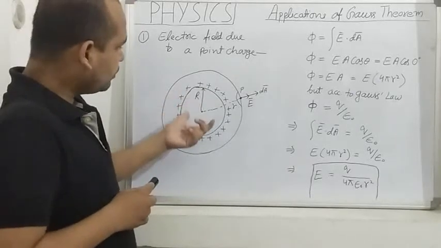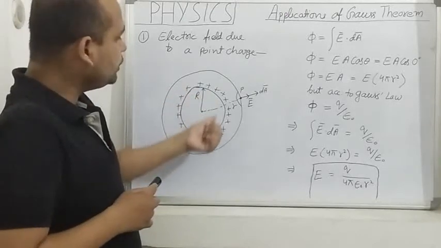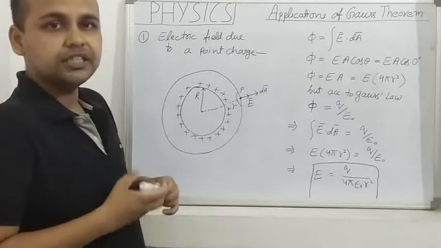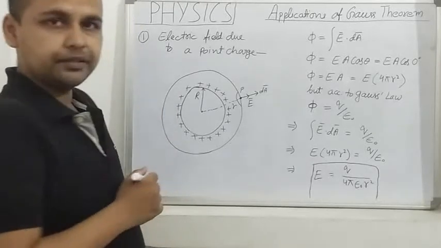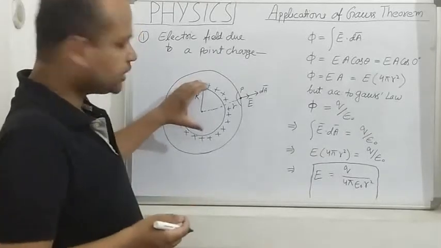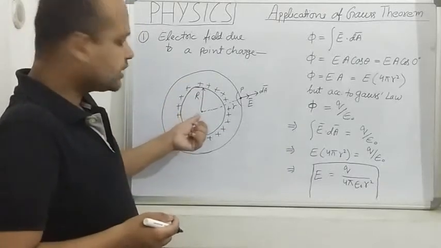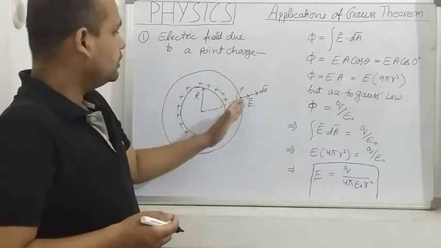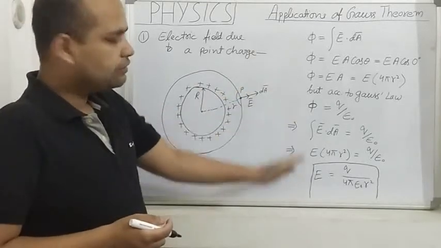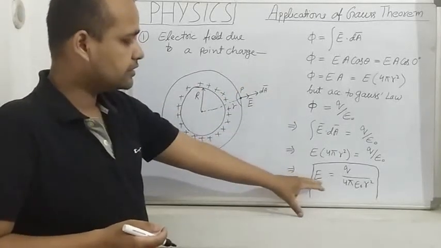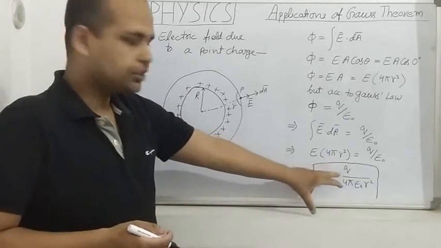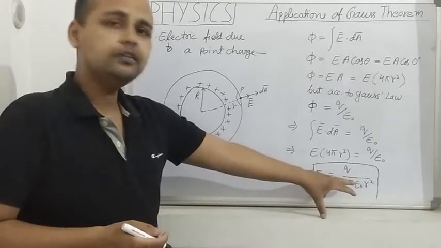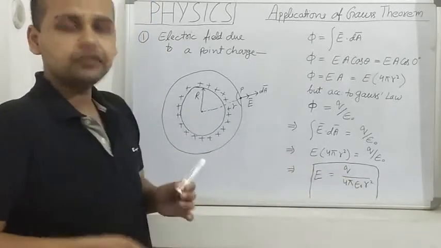Similarly, if there was a uniformly charged sphere, what would have happened? Then also the uniformly charged sphere will be considered as a point charge, and the same procedure we will apply. Finally, we will get the result E is equal to total charge Q upon 4 pi epsilon naught r square only, where r will be the distance of the point from the